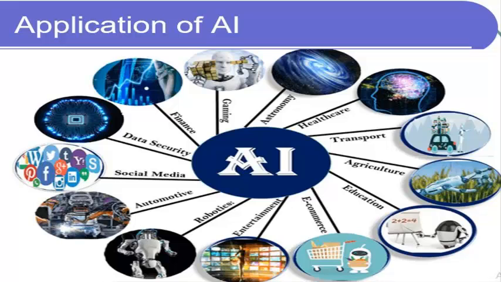Of course, robotics is one of the areas working in great sectors, making the humans' workload much easier, much faster, and much more cost effective as well. So in automotive, Tesla autonomous cars are booming a lot, and they're using the power of AI and machine learning techniques. Social media, similarly,